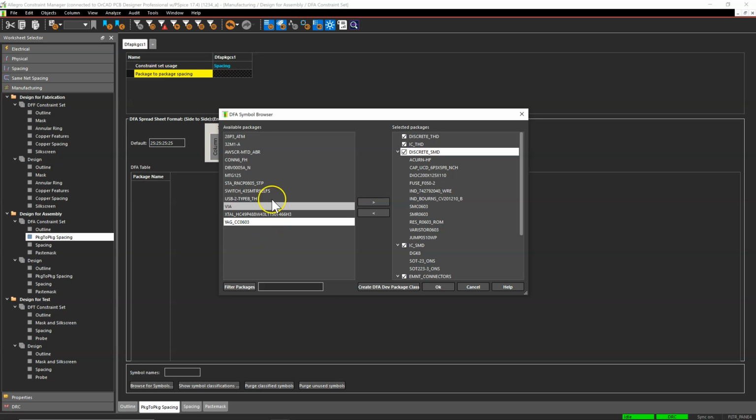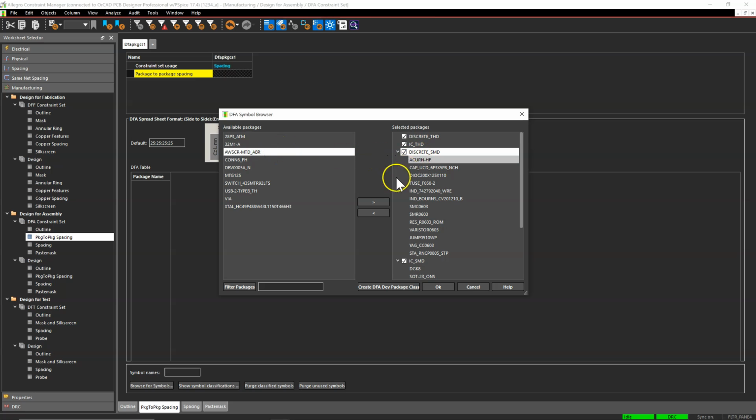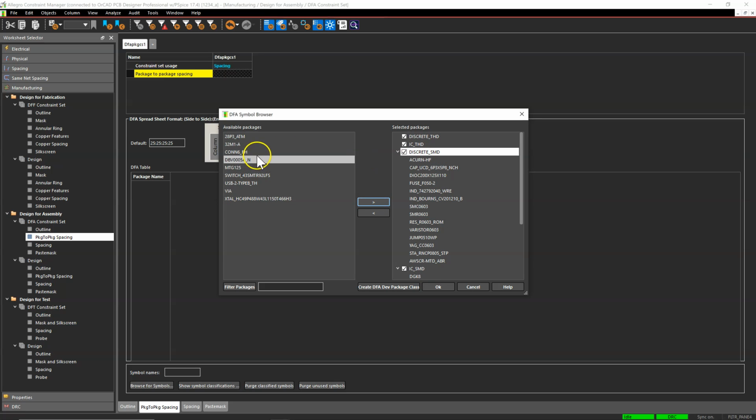This needs to be in the discrete SMD group, and so is this STA RNC part. Put that in discrete SMD. This is the resonator that also goes in there. Discrete SMD. These two parts, well, this one's a little tricky. So the 32 pin, this is the